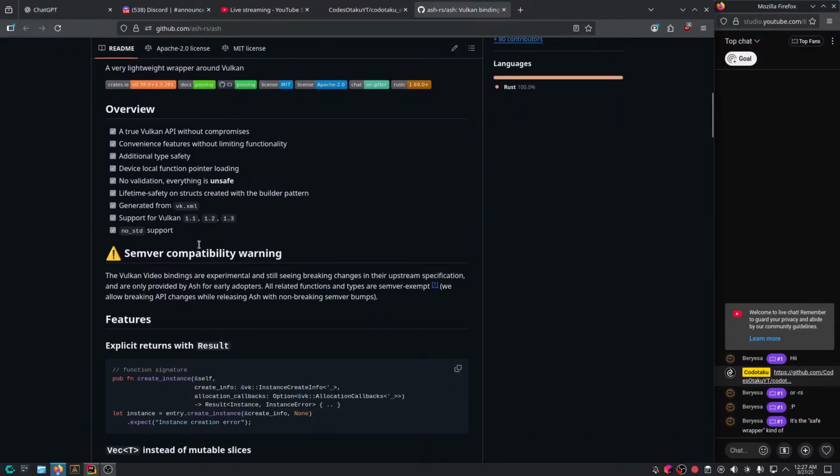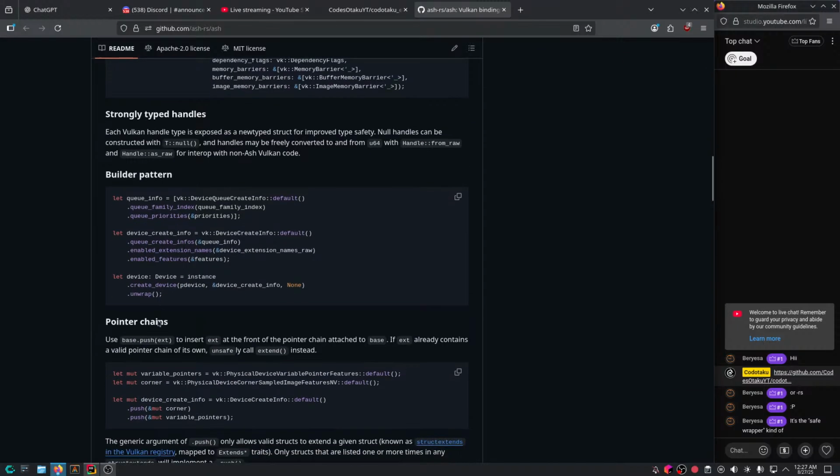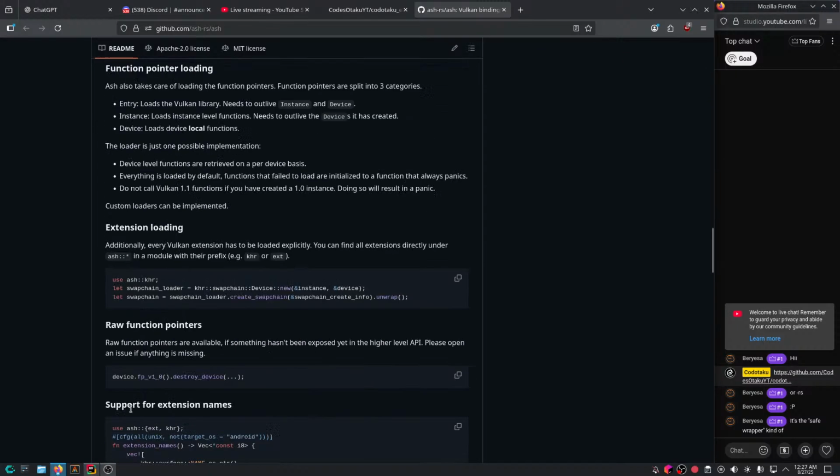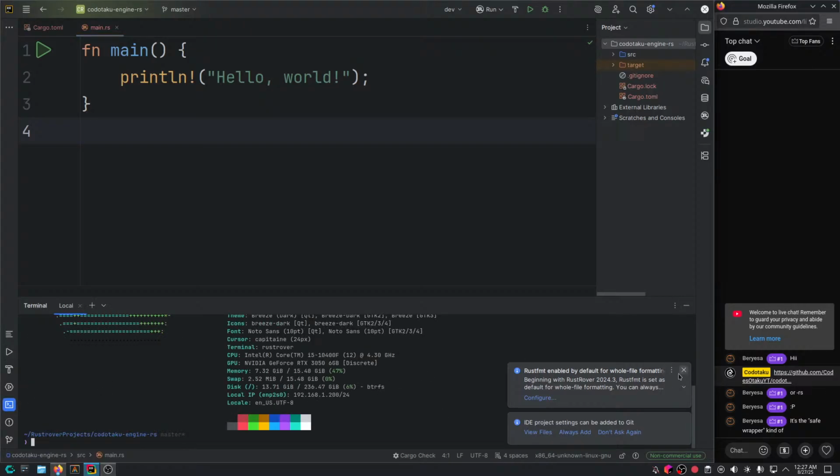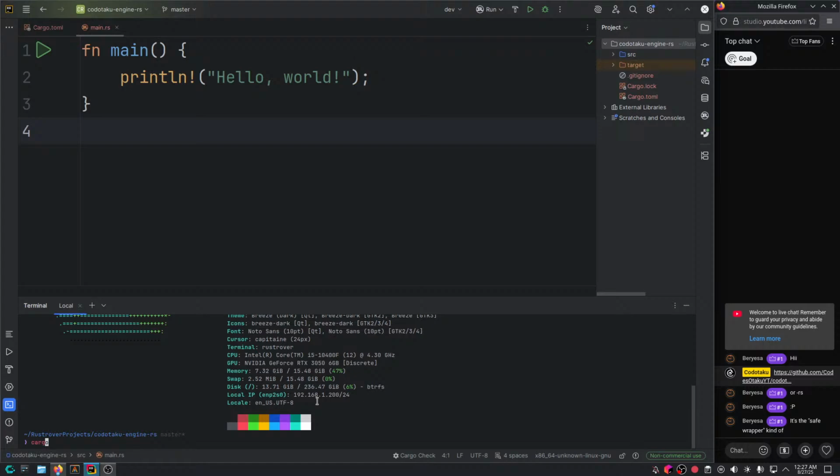Anyways, let's see. I haven't done this for a really long while, so we're gonna see how it goes. Alright, so first of all, you don't have to deal with CMake here. rustfmt enabled by default for whole file. Begin with Rust Rover, etc. Okay, cool. Alright, now, okay, cool. So here you don't have any CMake or any crap like that. You just say cargo add and say which library you want to add. In this case, it's